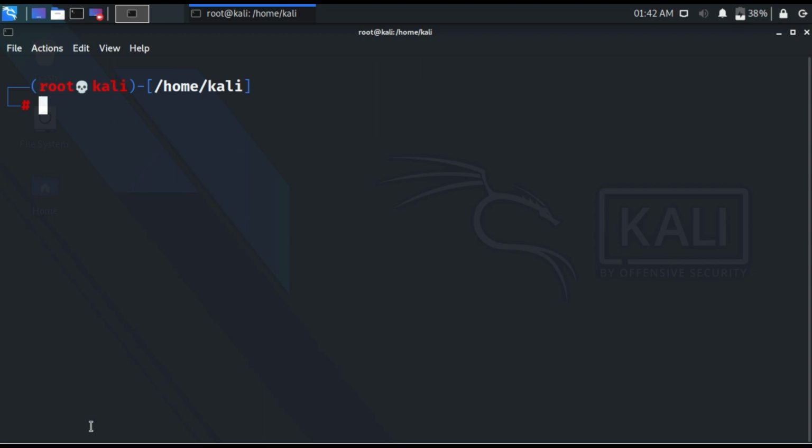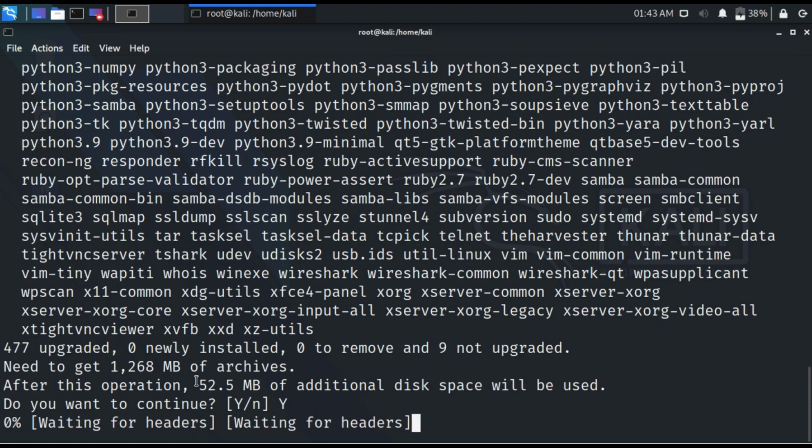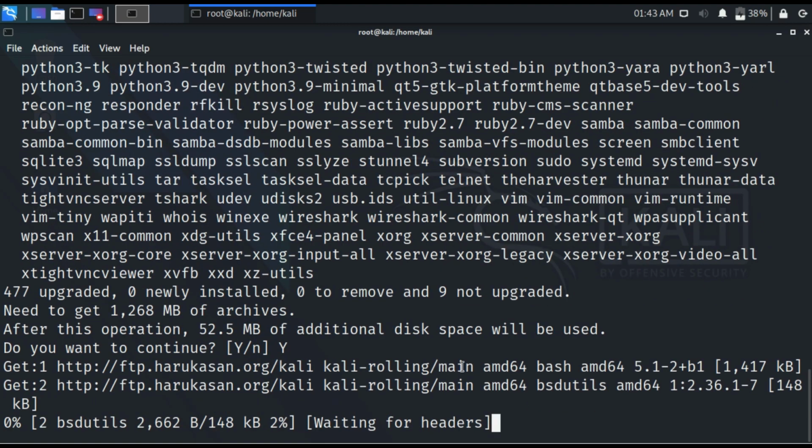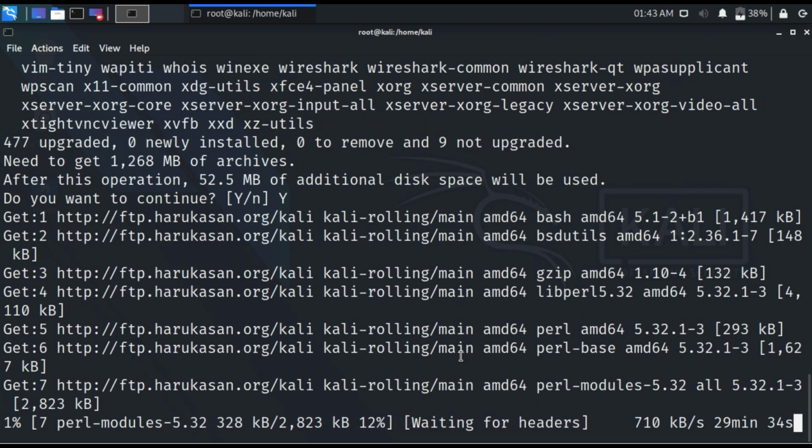Now you have to write apt slash get upgrade. Before we wrote update, now you have to write upgrade, U-P-G-R-A-D-E. Now click on enter. Now this will also take some time, but now it is asking whether you want to continue or not, because it is only 52.5 MB. So I will write capital Y for yes, as I have to upgrade, and press enter. Now it will not take as much time as the update, but it will take some time. So let it take its time.